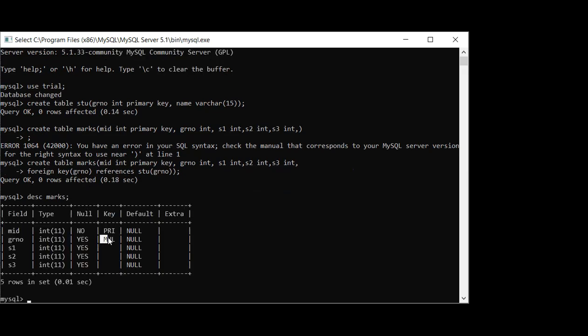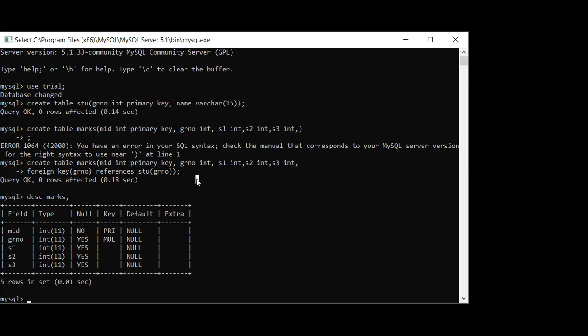You can see over here it is given MUL. Whenever MUL is given, it indicates that it is a foreign key. Now we are going to do some plus and minus in this. First of all, does anyone have any doubt about how to make a foreign key?